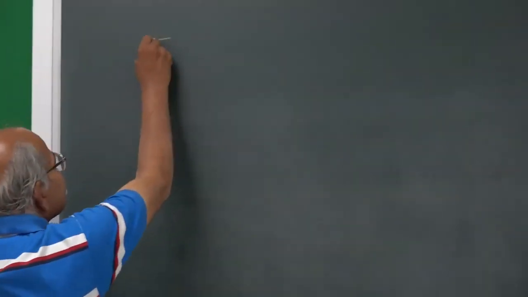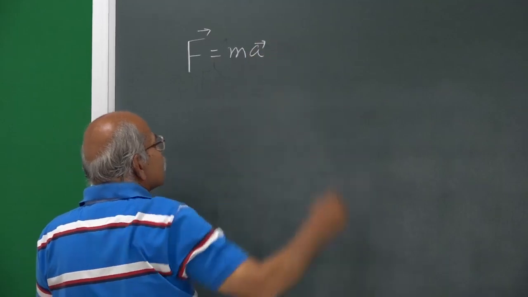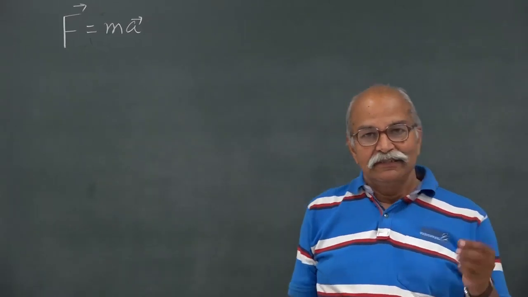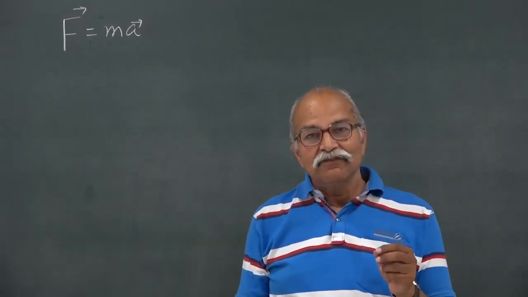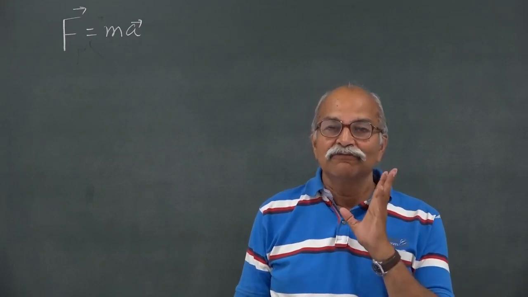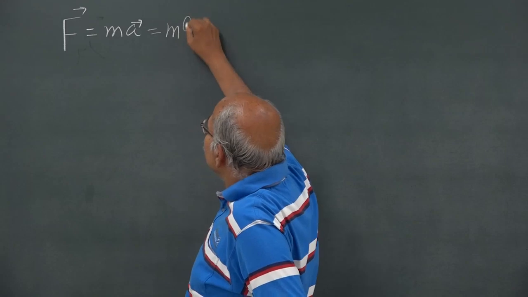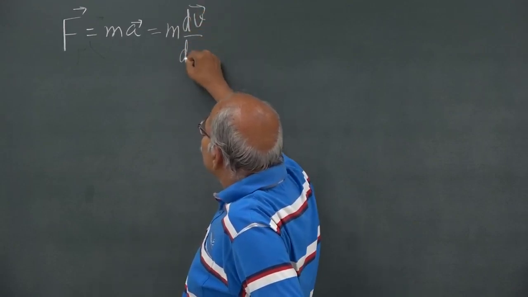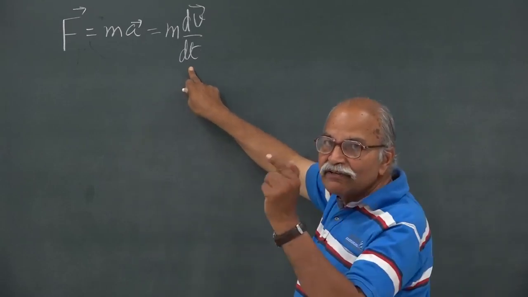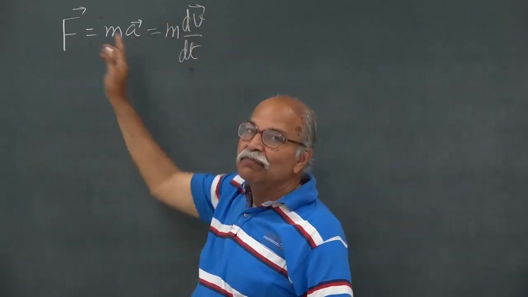So, that equation, let us see how this is replaced in special relativity. This equation tells me several things. One is the acceleration, which is the rate of change of velocity, is in the direction of applied force. This is a vector equation. So, this acceleration, which is dv/dt, and hence in a small time interval the change in velocity dv must be in the direction of the applied force.